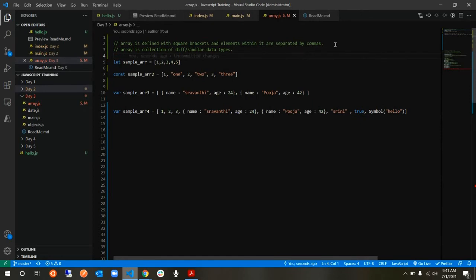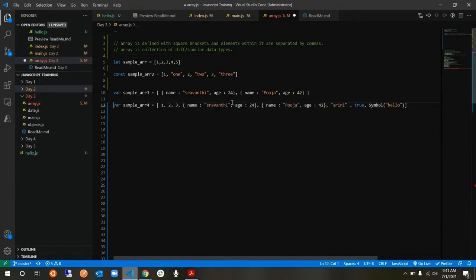You define it as a character array, string array, numerical array, or integer array, whatever. So an array in Java would be a collection of the same data type, but in JavaScript it's different. You can add anything inside that. So you don't really have to be confused about it.